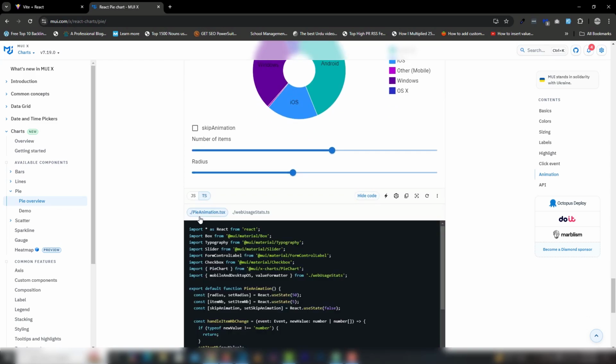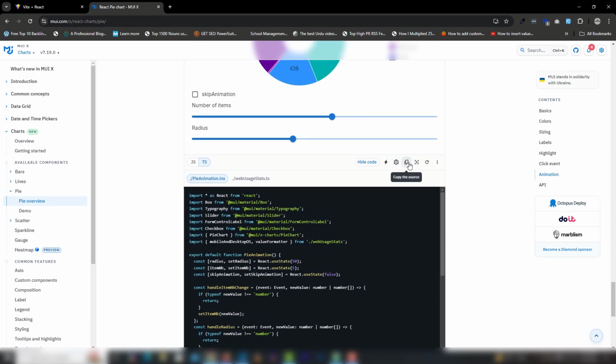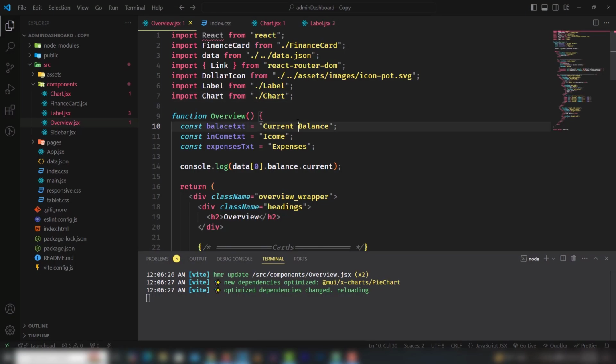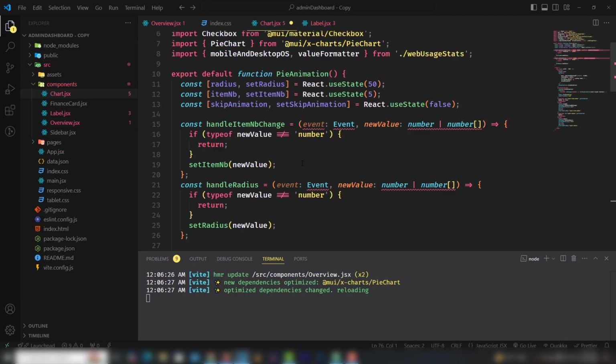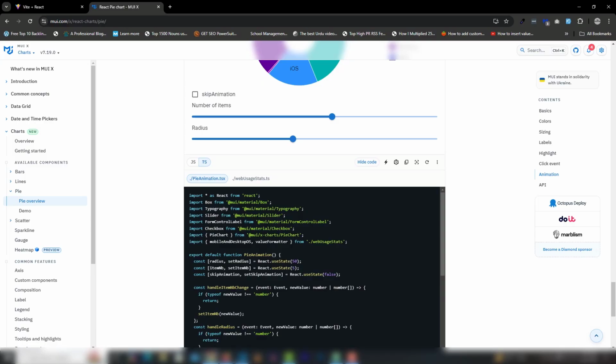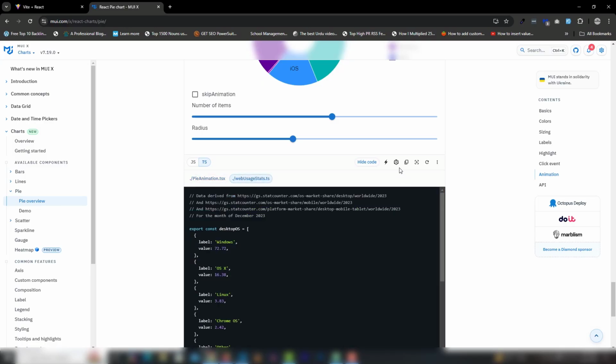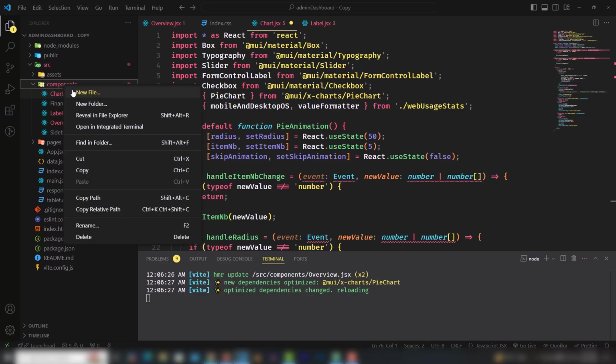Show codes. So I need to get this one code and I'm gonna paste it on there. The next thing you need to edit is TypeScript, like this one file. So you need to also get that, and you need to create this one file, web usage status dot TypeScript. So I'm going to create a file,